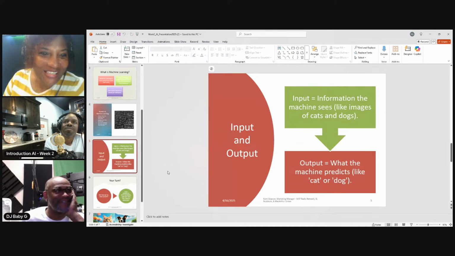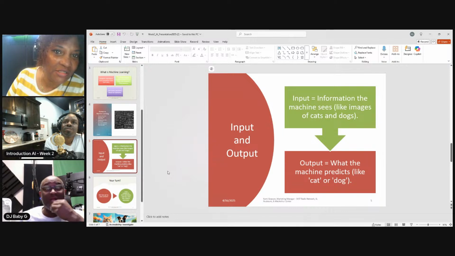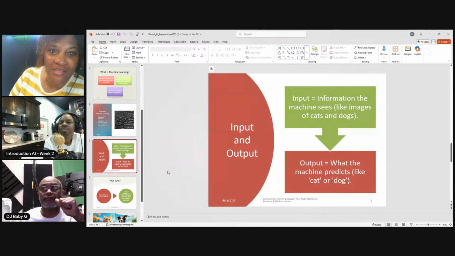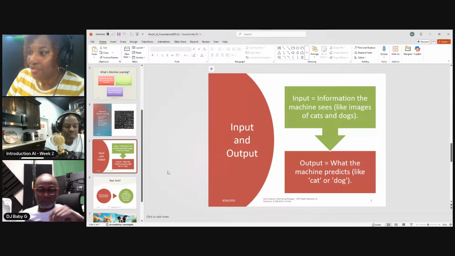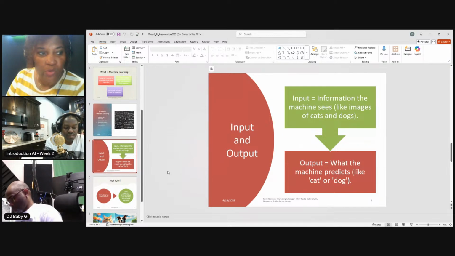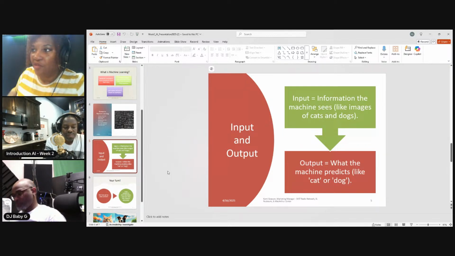You have to put it in order to get it out. Okay, input: information the machine sees, like images of cats and dogs. Output: what the machine predicts, like cat or dog. And so basically what we're doing here with this is, if I